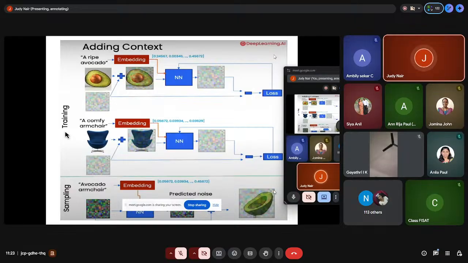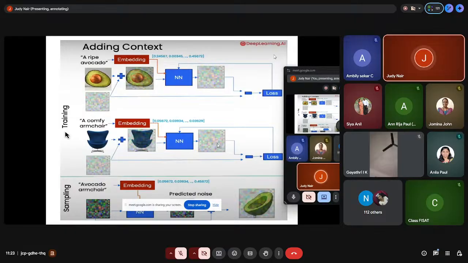So it is trying to build something, mixing up both the properties of a chair as well as an avocado, and an image like this is synthesized. If you try the same code without adding this context, without a text embedding, and train it, it will still generate something, but it may not be as accurate as what we expected here.